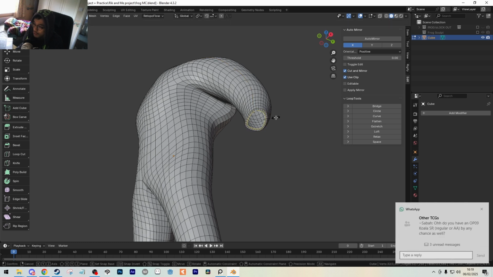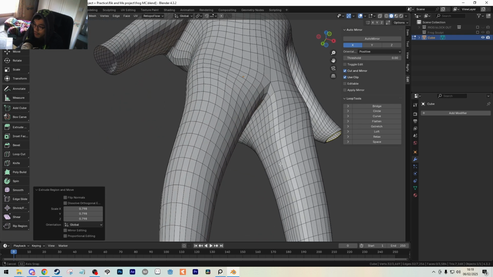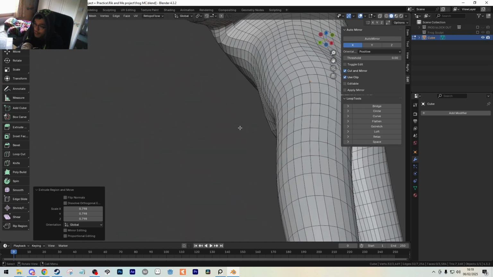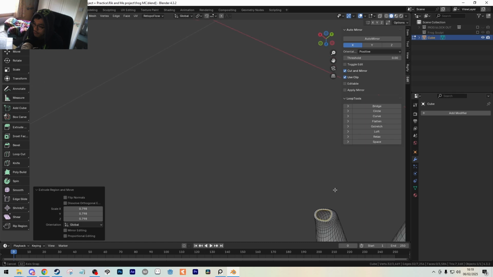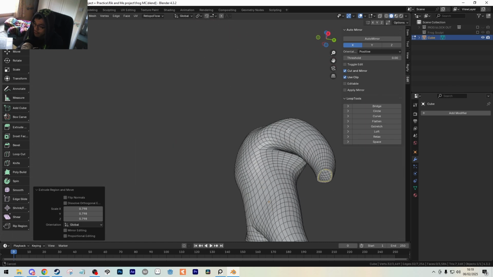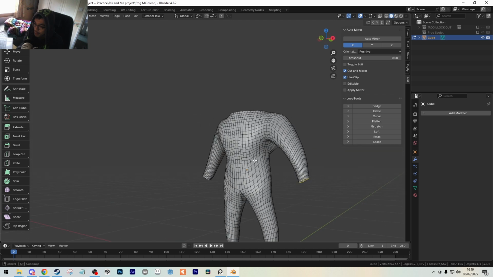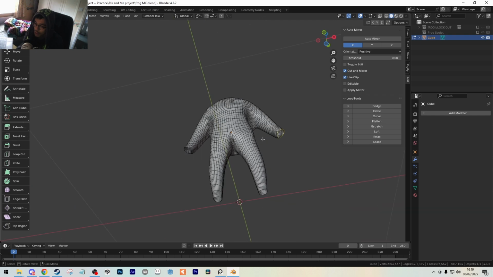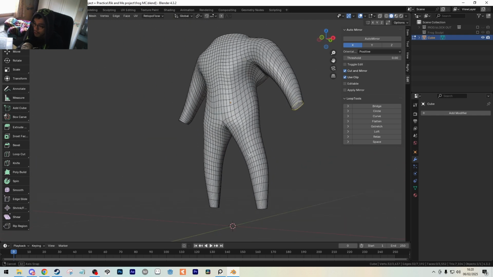extrude inwards a little bit like so, and that will give you the same result, the same thickness, but without as much geometry. You can only see the thickness at certain angles anyway, so this will help you out in that sense. But I'll just keep it undone for now, because I just want to do a little bit of sculpting first